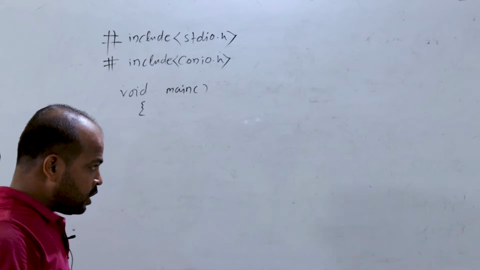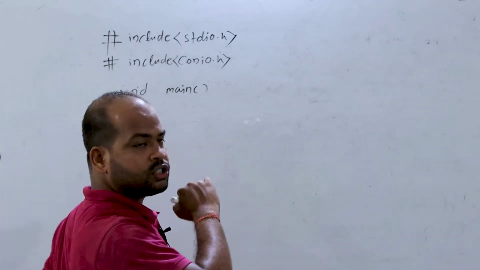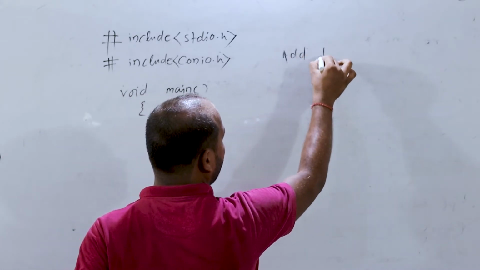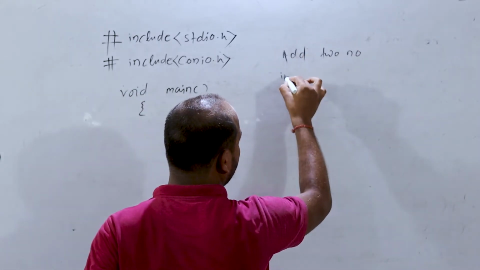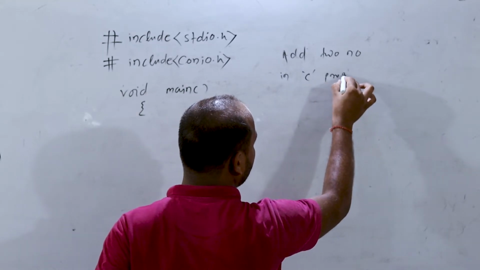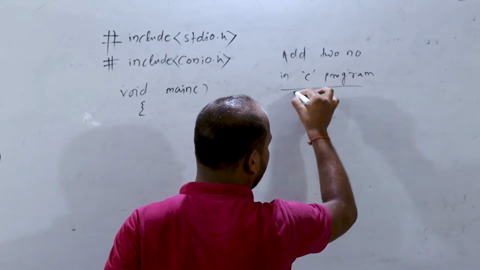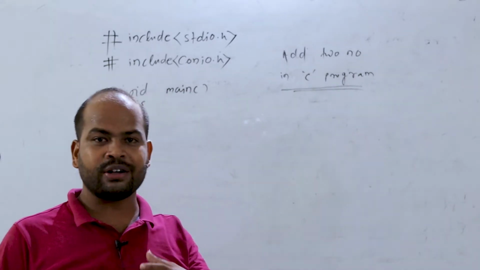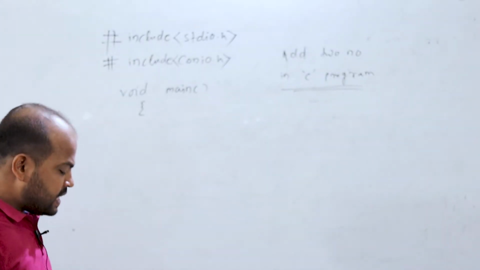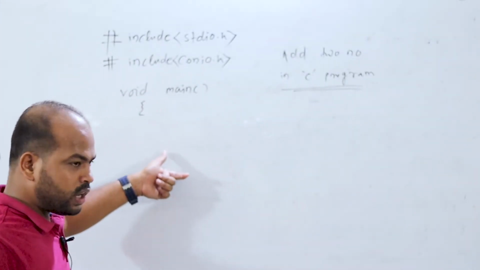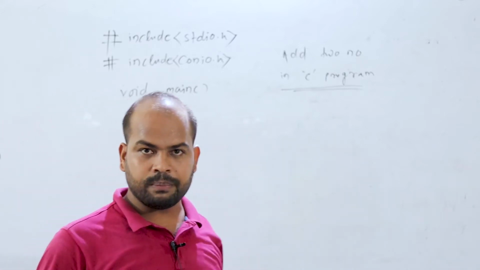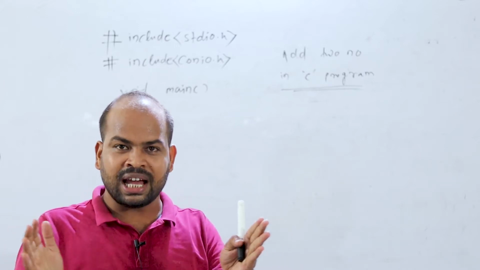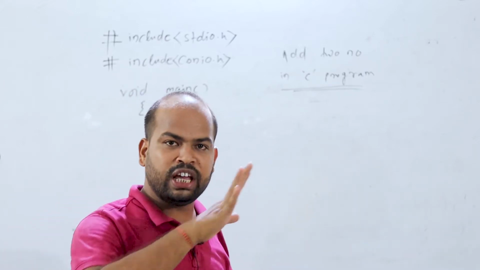Then after that, now I am going to discuss a program, that is add two numbers in C program. Okay, a simple program, add two numbers. How will we add two numbers? The first thing is that before writing the program, you have to think about your question. You want to insert two numbers, then add those two numbers, then we will store the result in another